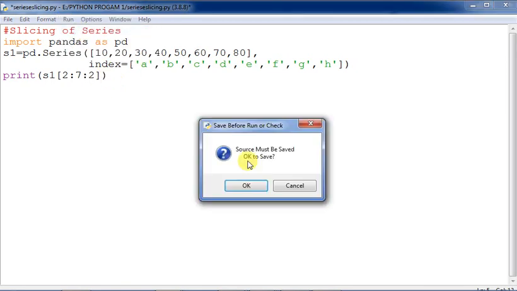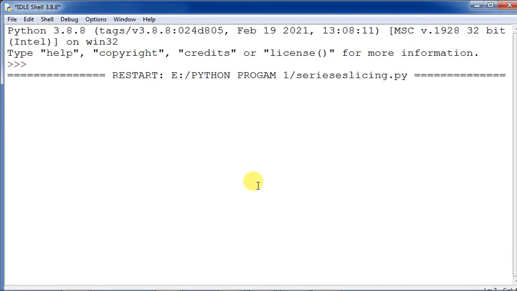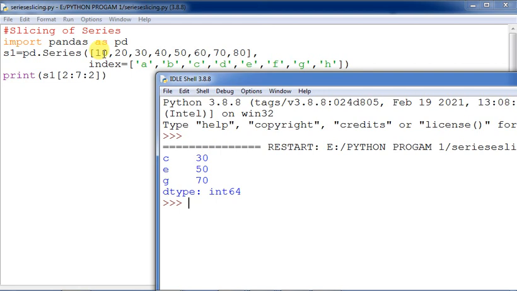All the negative things we have taken out from here. Whenever the data are not there, in that case the empty series will be printed. The comments can be given in this way also. So the empty series may be a possibility. Now see, 30, 50, 70 has been printed. How? Starting with 0, 1, 2, so 30, then with step 2, one step jump gives 50, then another jump gives 70. So 0, 1, 2, 3, 4, 5, 6, 7: 80 has the 7th index, so it will stop out here.